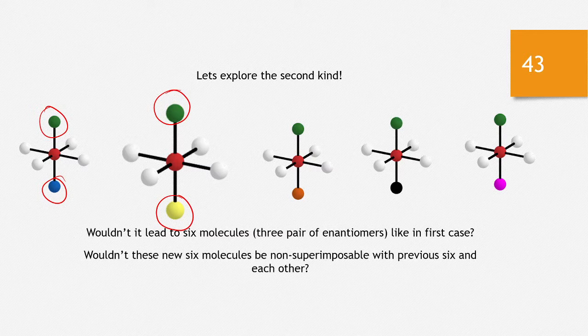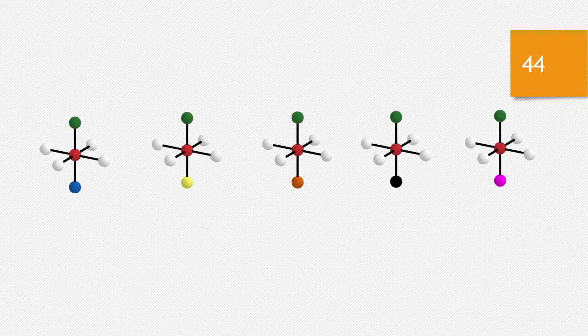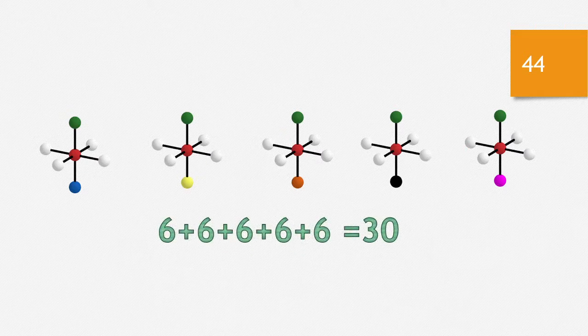Right? So that way it seemed like, or maybe it's not the right word, it felt like this question was quite complicated. But if you go into the details of the first kind, and then you see that all the other cases are similar, then the answer would be 6 plus 6 plus 6 plus 6 plus 6, which is 30,